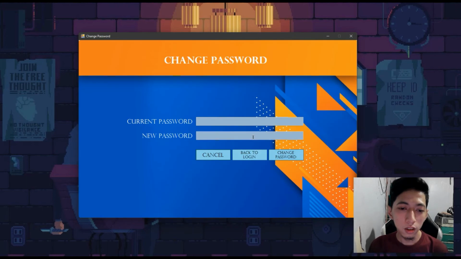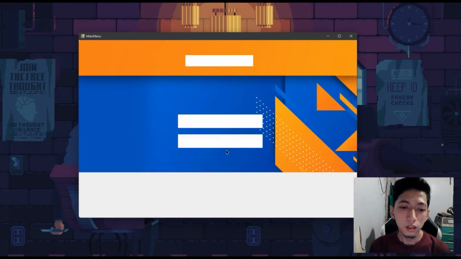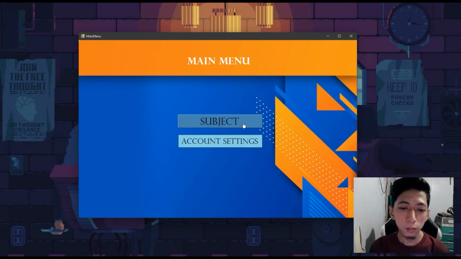Now in the account settings, as I said earlier, the default password is 1234. That's why it is advised for the professor to change the password as soon as they have installed the program, for better security. Now when you choose the subject option,